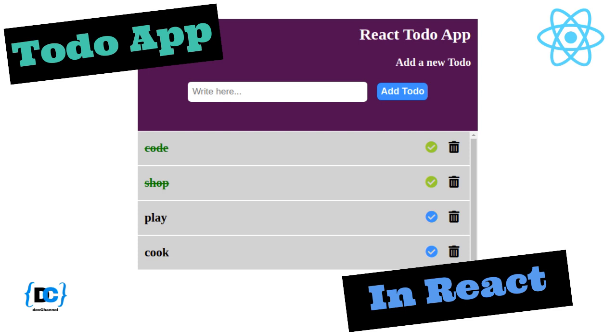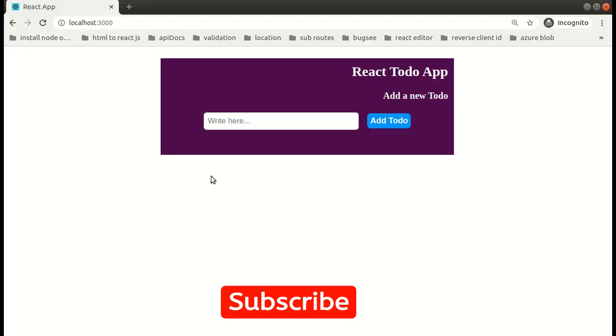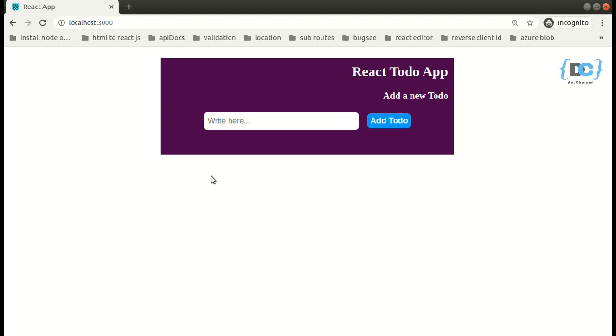And guys, in this series we are going to make a to-do app in React. Okay, so friends, if you are a beginner to React, then let me tell you that before making any project, whether it's small or large, we all should have a rough sketch or idea in our mind. Okay, so let's see how our to-do app will look. I hope the screen is visible to you all. So this is our to-do app in React, and let's see the functionalities that we can have.